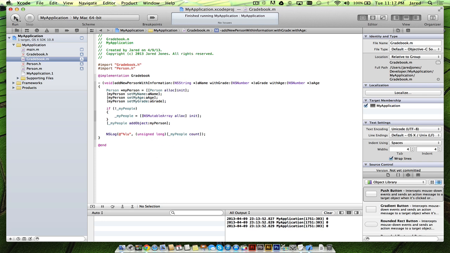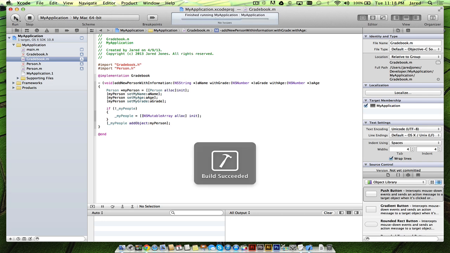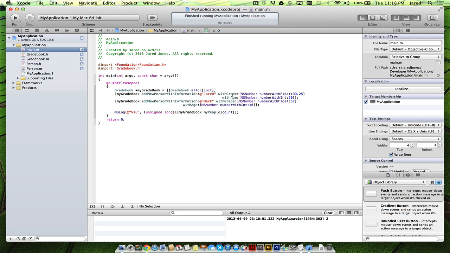So now if I run the application, well, hold on, let me get rid of that. You wouldn't have had that. All right, so 2. Now it has 2 things in there. Well, if I go back to main, sure enough, I added 2 things. I added Jared and I added Mark, and it's inside there. Pretty cool, huh? So far in this tutorial, I've showed you how to create an array, how to create instance